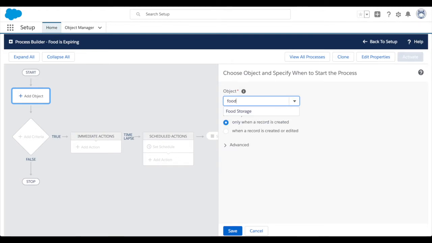And that was the days until food expires, which is the difference between the delivery or created date of the food and the expiration date. So we have that value that's going to change literally every day. So it will check through this process, and we'll see when it's created or edited. So when it's edited,